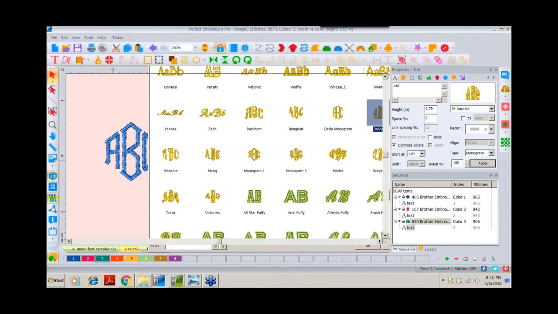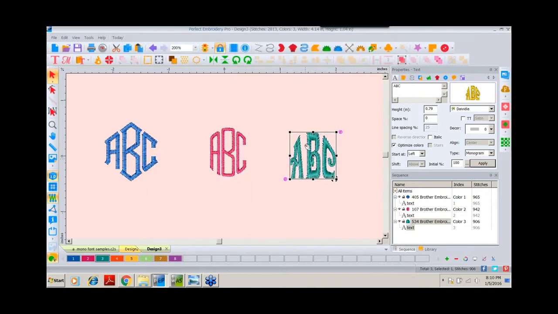I can double click that to change my on-screen look. So here we have 3 monograms and they are different based on the font that we have chosen. The next thing we want to play with, I'll select our first very traditional font here and we come over